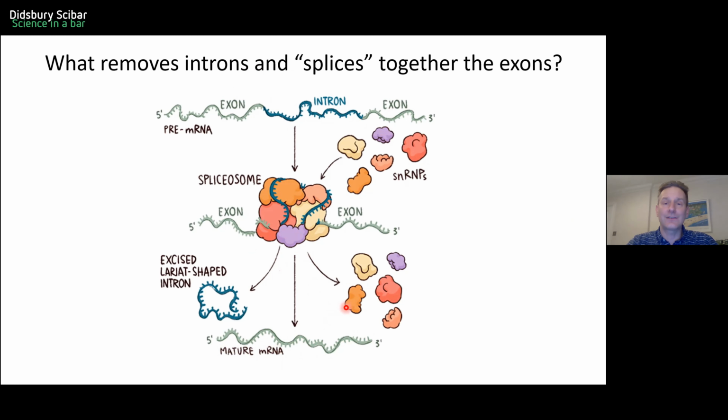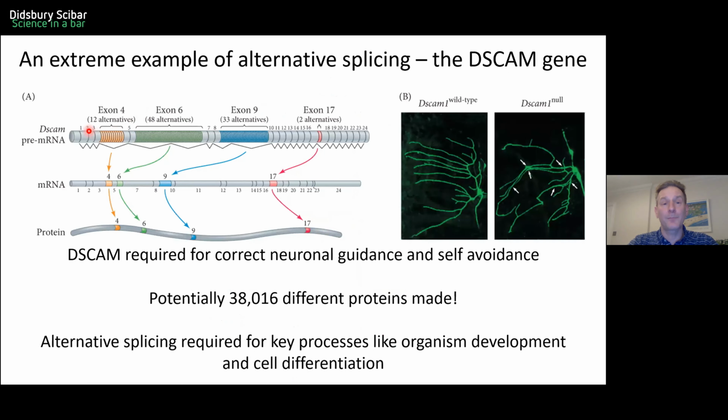It's taking out these introns and putting the exons together so they make sense when they're together to make the right protein. And if you can imagine, this spliceosome needs to be very efficient and very good at recognizing where the exons and introns are and putting them together properly. So if we go back here, it's got to cope with something like this, very complex, and knowing when and where to put these alternatives into the messenger RNA.